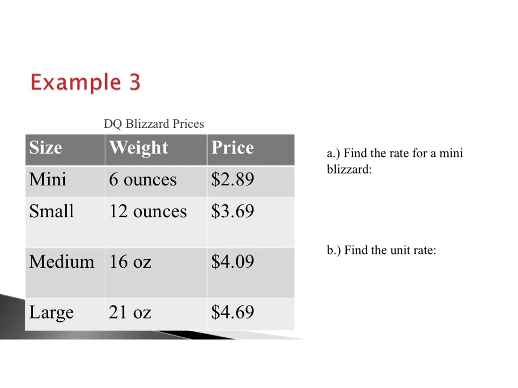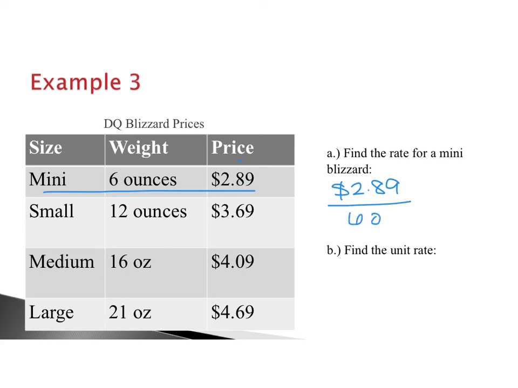So example 2 is a chart that has different size blizzards from Dairy Queen. You can see we have mini, small, medium, large, and we have prices here. So for part A, it says find the rate for a mini blizzard. So our rate is going to be, right here is our mini blizzard. So usually we look at dollars per ounce. So my rate then is going to be $2.89